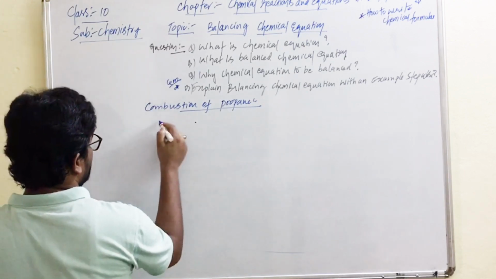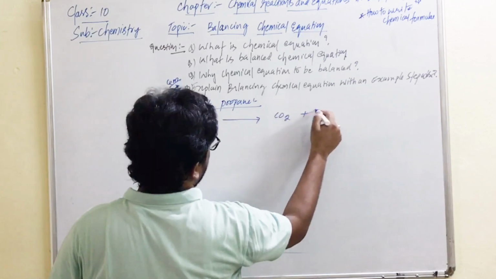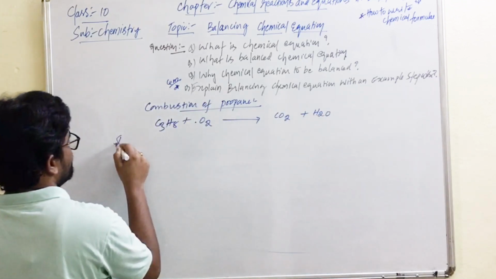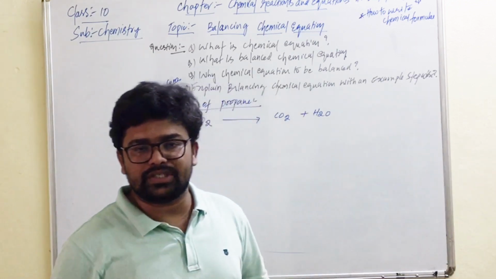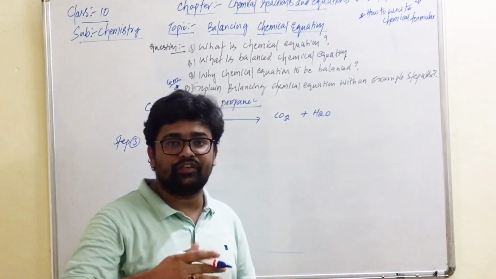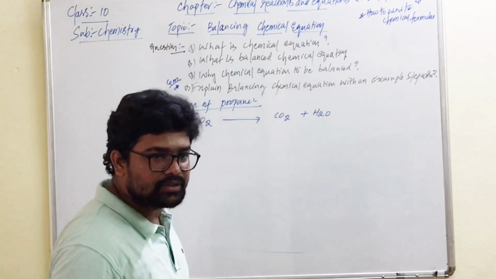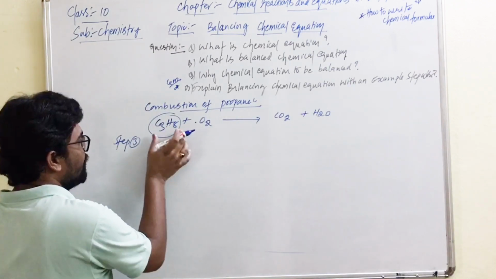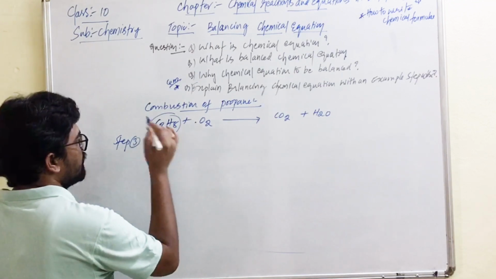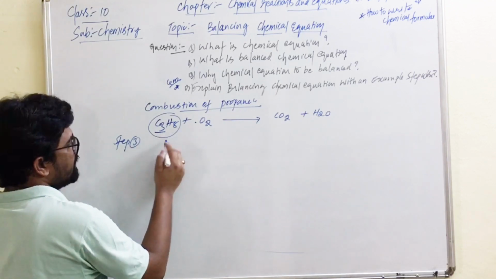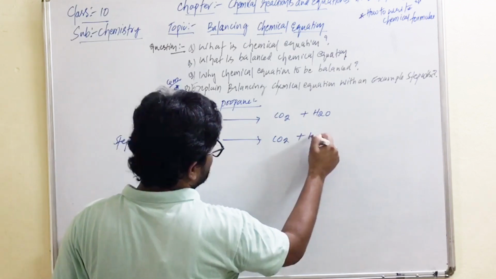Now the third step. What is our formula? C3H8 plus O2 gives CO2 plus H2O. Step number 3: from this equation, we have to select one of the compounds which has the most atoms. Here I will select this one, C3H8, which has more atoms. Let us balance it. Among these, we have to select one of the elements. Carbon. Let us balance the carbon. How many carbons are on the left hand side? C3H8 plus O2 gives CO2 plus H2O.